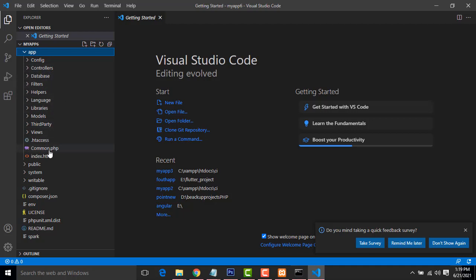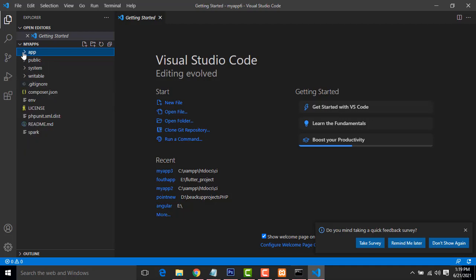Okay, this is the important folder where we run the coordinator. Okay, this is the app folder. After that, the public folder is the main index file. You can see here the main index file. Okay, here these are the things. Okay, it consists of the icon. This one, this icon. So all the stuff is here.